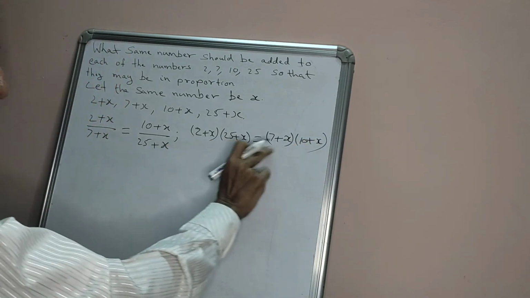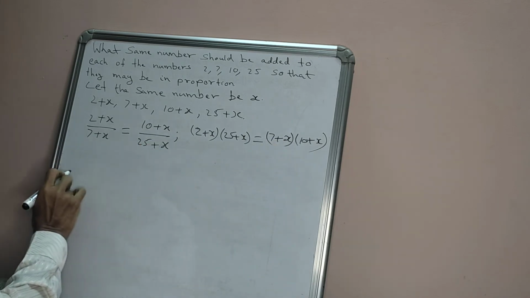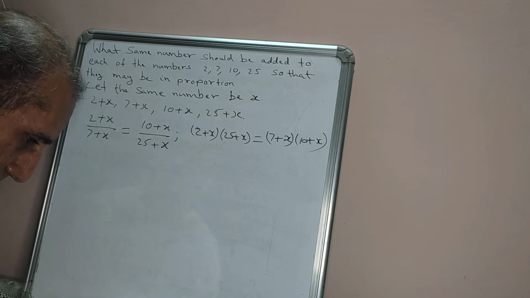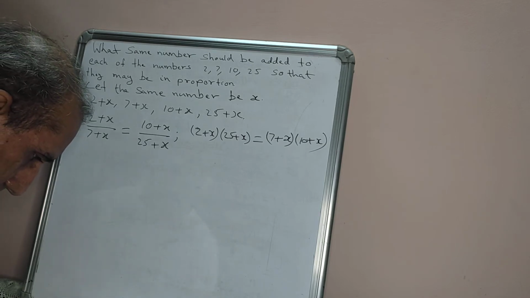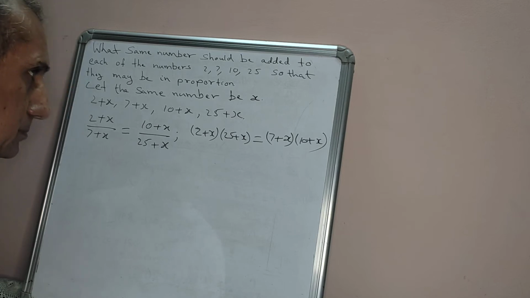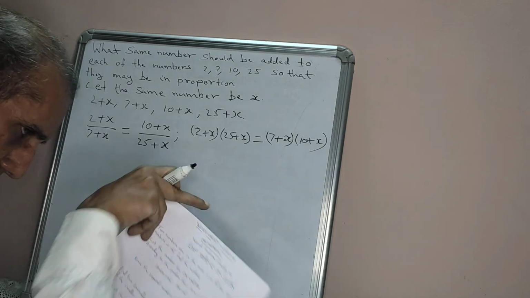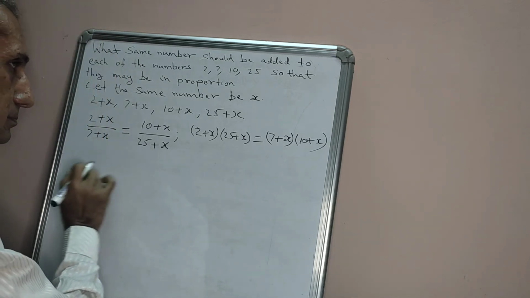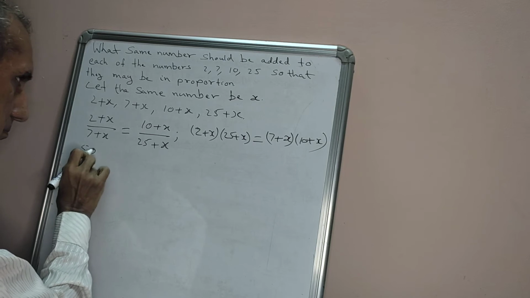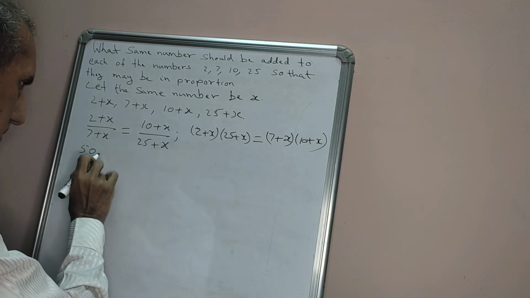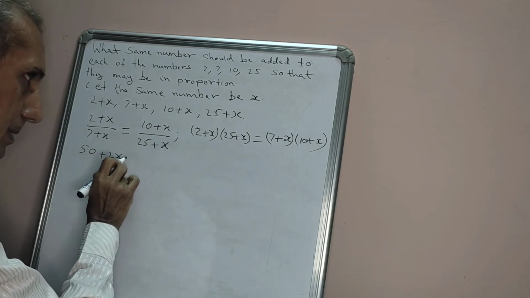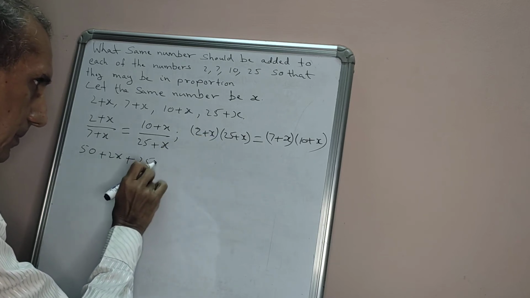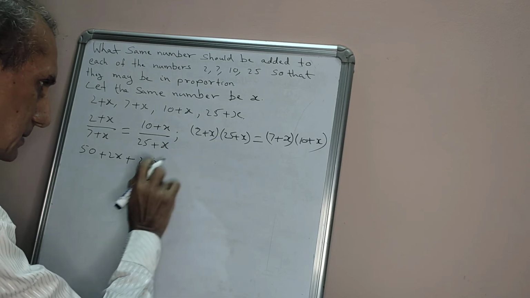Okay, now I'll open the brackets. So what do I get? 50 plus 2x plus 25x plus x squared